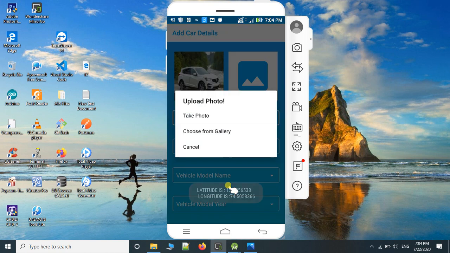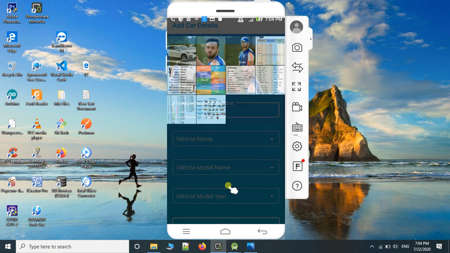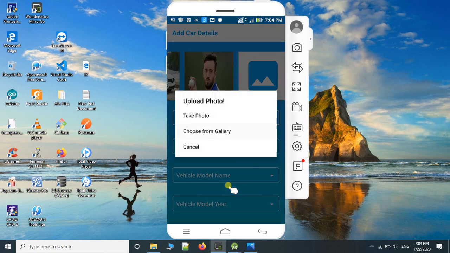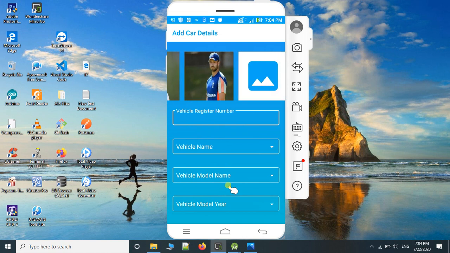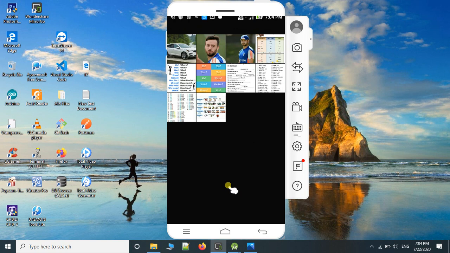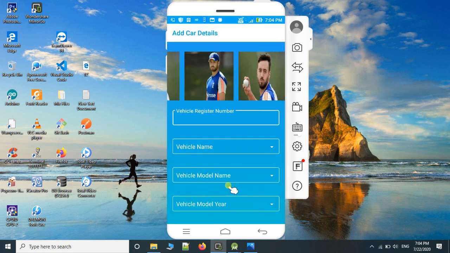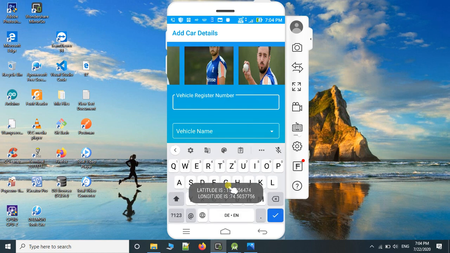For the second image I am selecting one more dummy image as the RC book image. Third image as the license image, and fourth image as the insurance image.